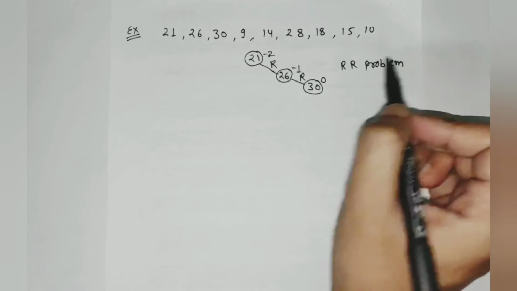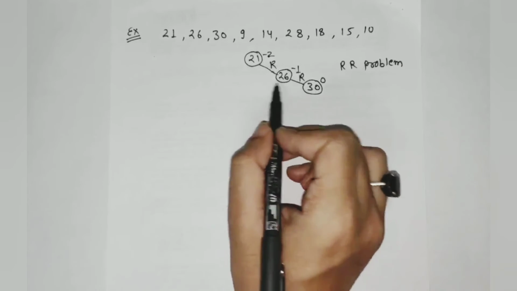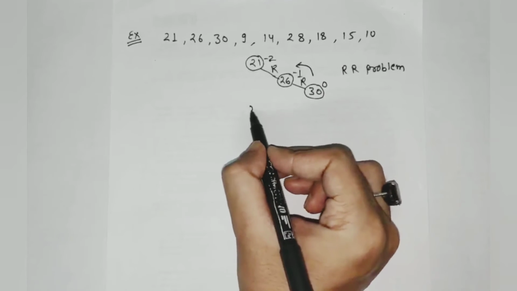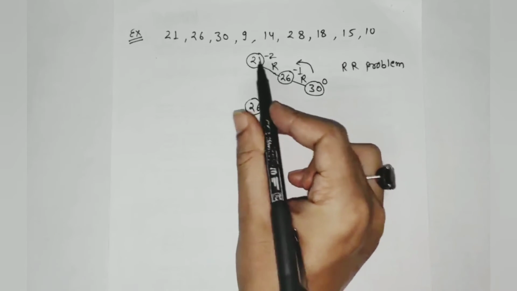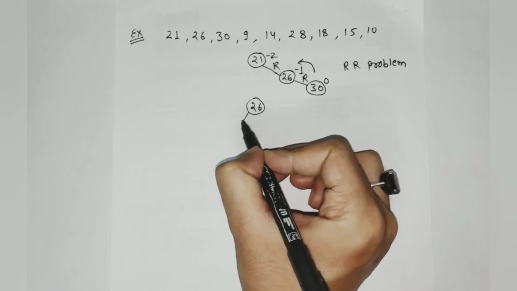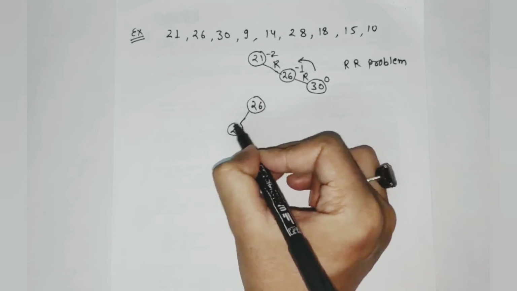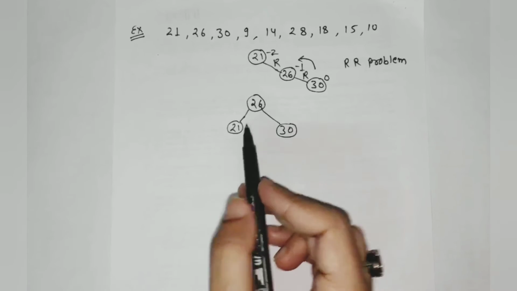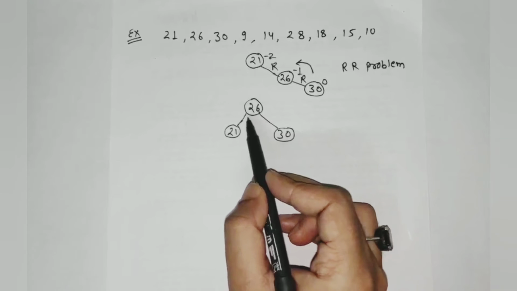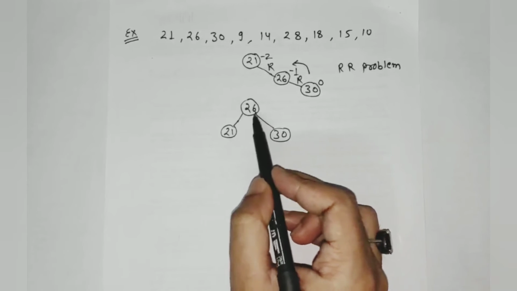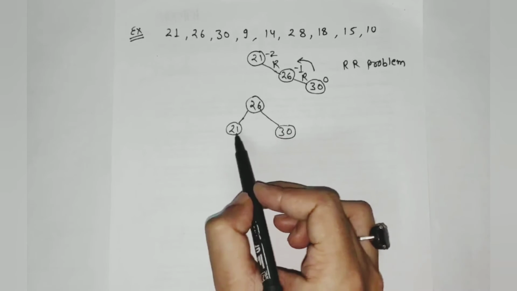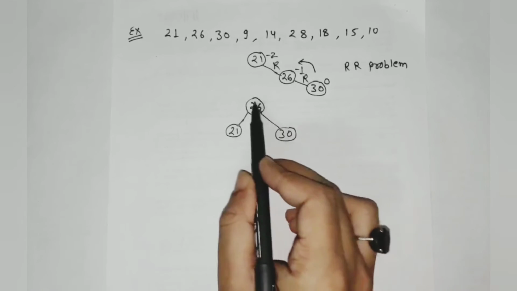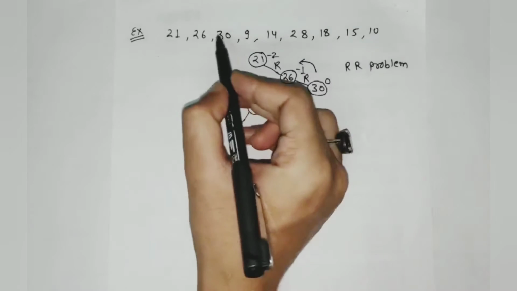As we have already seen how we can solve this problem, we will make a left rotation. So after rotation 26 will be here and we will rotate 21 downwards. And 30 is here. Now again if you see, this is a binary search tree because 26 is here and 21 is less than and on the left side and 30 is on the right side. And the balance factor of all the nodes are 0, 0 and 0. 1 minus 1 is 0. Now we have inserted 30 also.